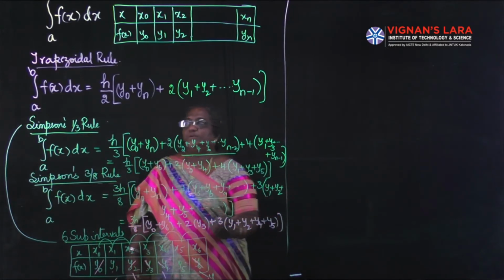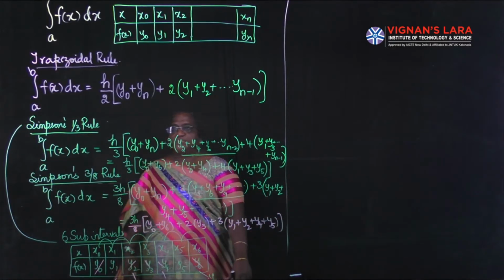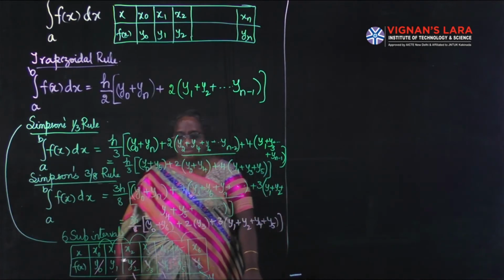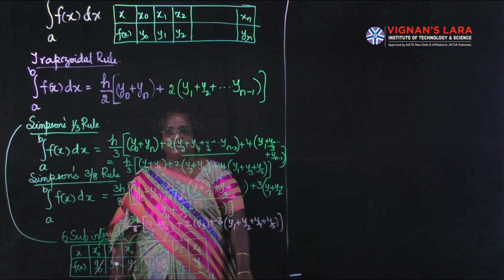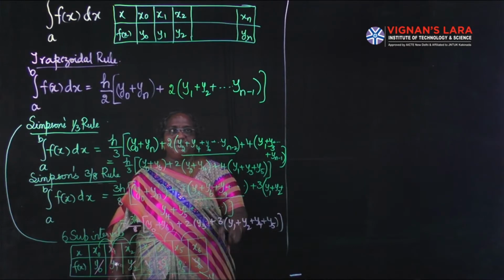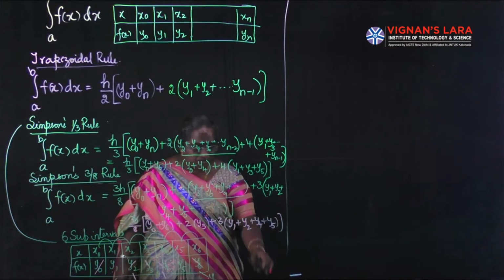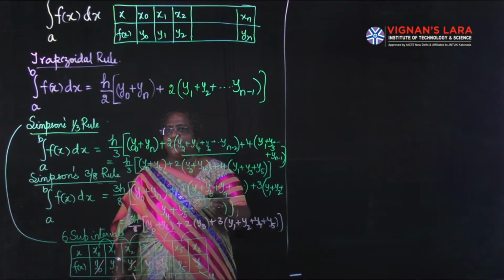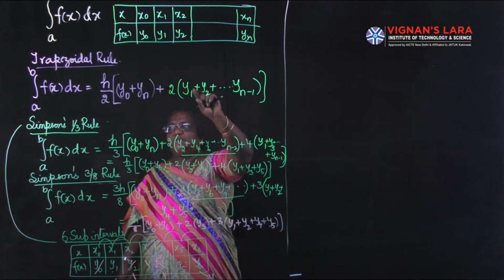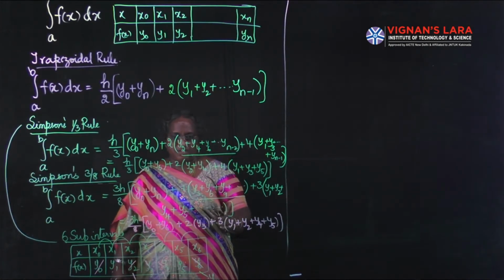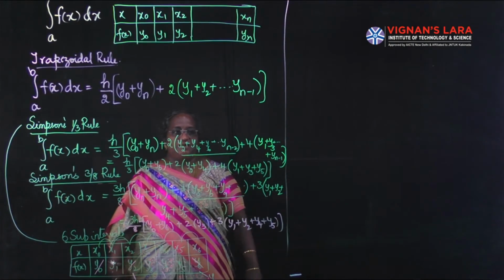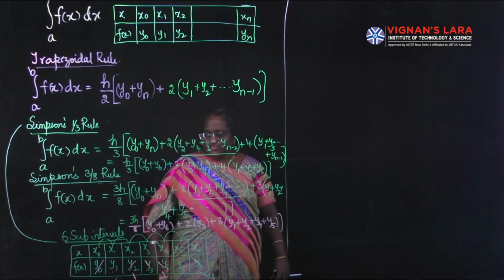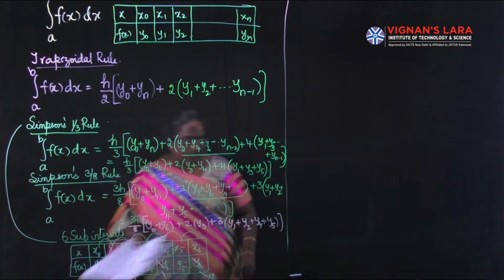So this is about the trapezoidal rule, Simpson's 3/8 rule and Simpson's 1/3 rule. We have to remember minimum 6 subintervals we have to start. If you proceed in this way, you can apply the same tabular value to trapezoidal rule, Simpson's 1/3 rule and Simpson's 3/8 rule. Let us see a problem basing on this formula.